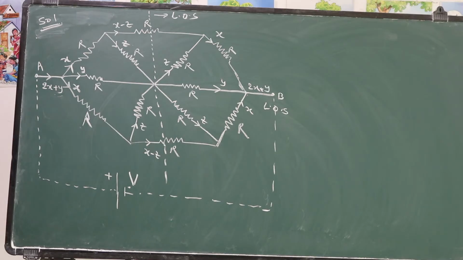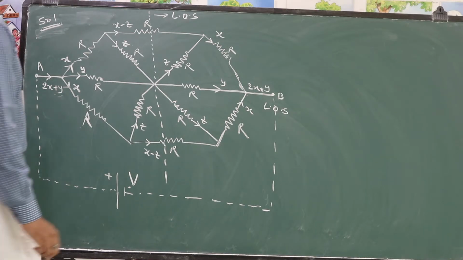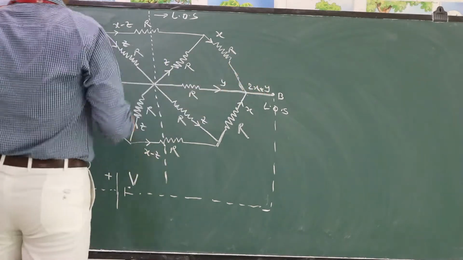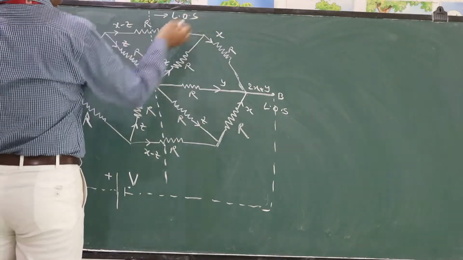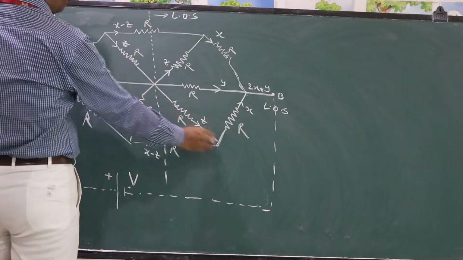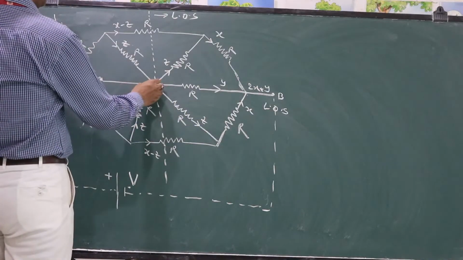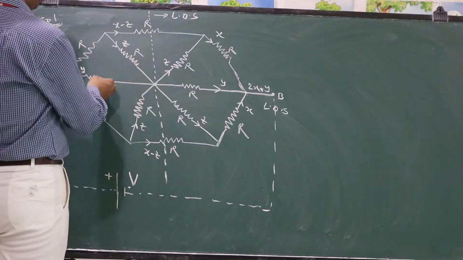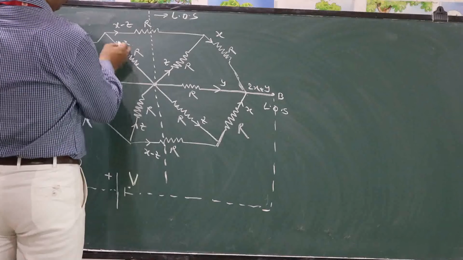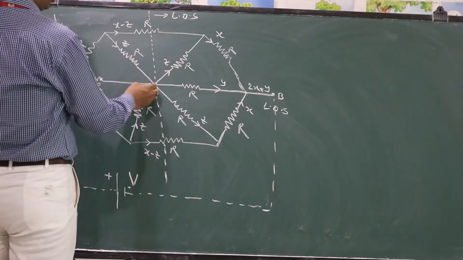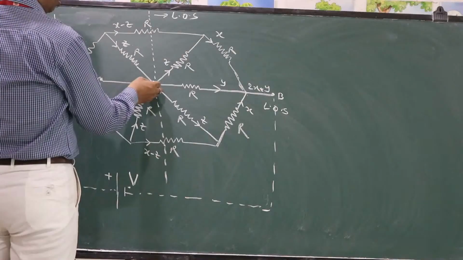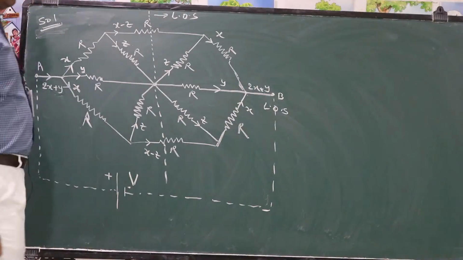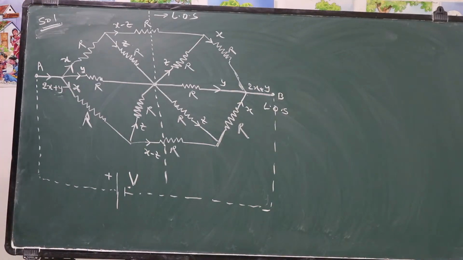So likewise, we need to imagine the distribution of current. Here it is clear that whatever current coming in this way is going in this way. Whatever current coming here is going in this way. Whatever current coming here is going this way. That means if you consider this point, you can avoid it, because there is no distribution of current. Whatever current coming is leaving in this way. Whatever current coming is leaving this way. Whatever current coming is leaving this way. Whether all the wires are joined here or not joined here will not make any difference.